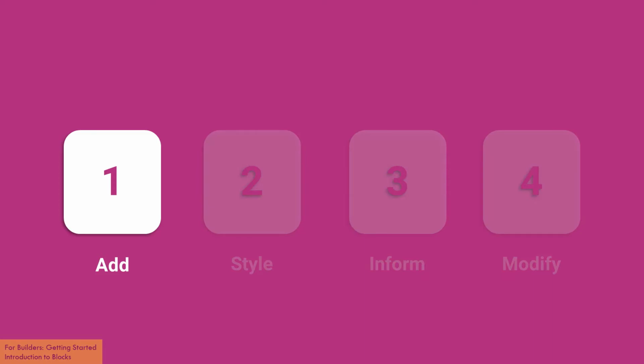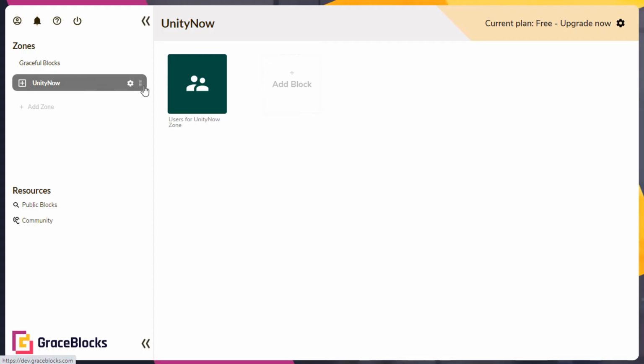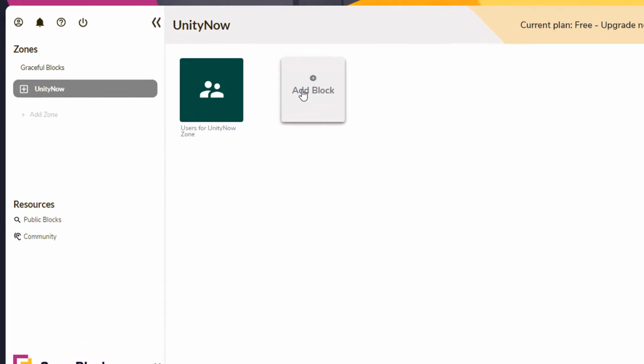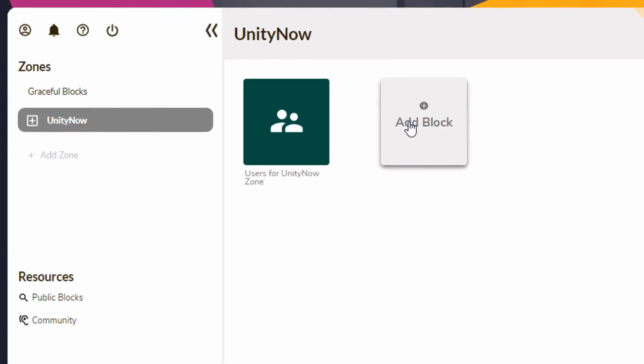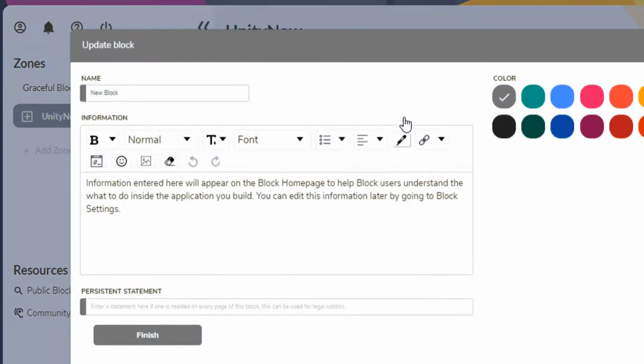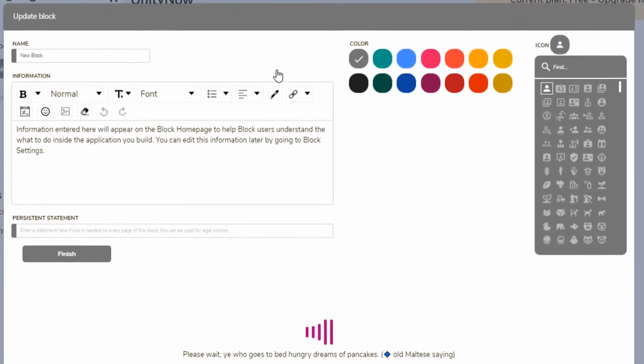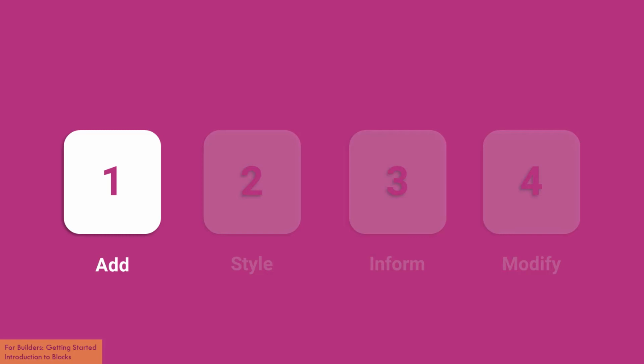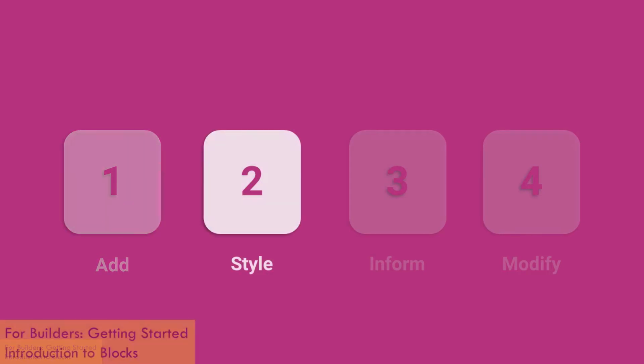Let's start with adding a block. In any zone where you're either a zone owner or zone builder, you will see the option Add Block. Right now, I'm inside the Unity Now zone. To add a block to this zone, I simply click the option Add Block. It's that simple. Once I clicked Add Block, I entered the block settings modal,